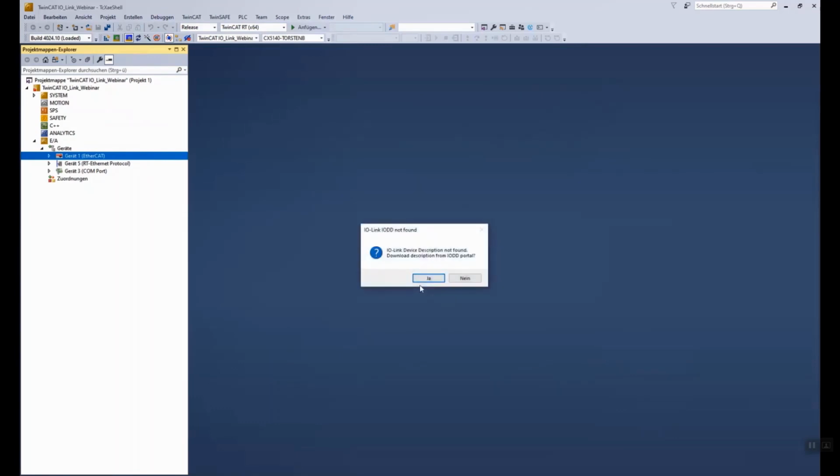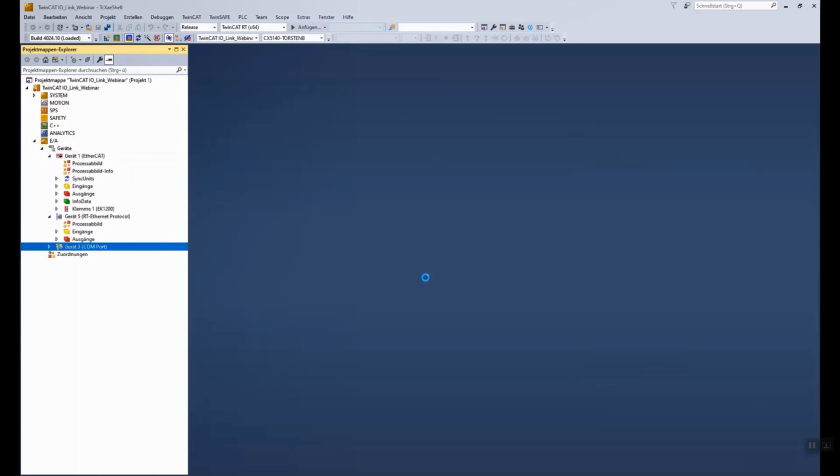And now we found out that some description files for IO-Link are not already on the local PC. So I'm scanning here as well and downloading the files, and activate the free run. And that's it. I don't know if you have stopped the time, but it took around 1 minute to do a complete scan to set up the complete